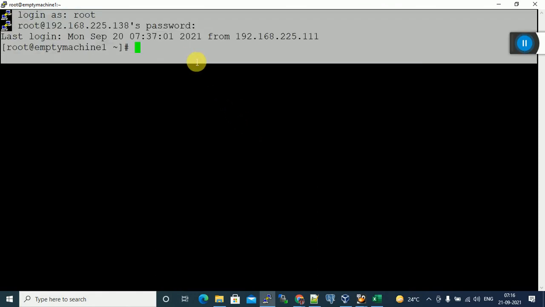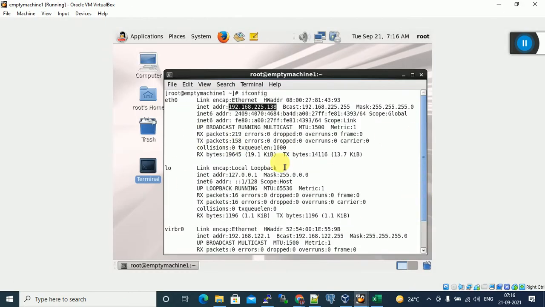This is PuTTY. This is for a virtual machine, and also for a physical server. Suppose we are doing a US project for a US client. The client installed a physical server and keeps it in one of the cities in the US. From the Hyderabad office we are working on the US project.